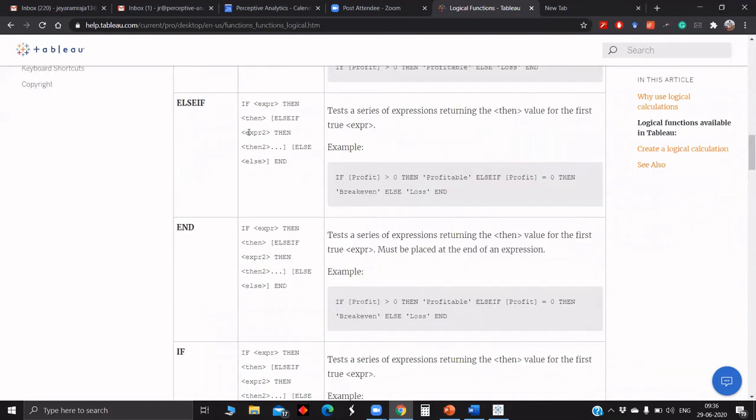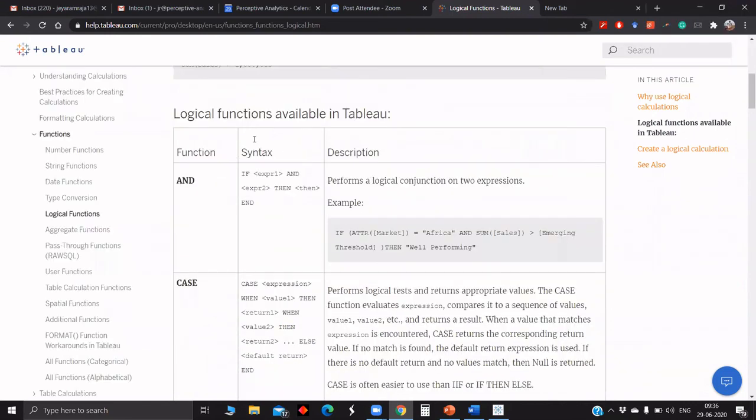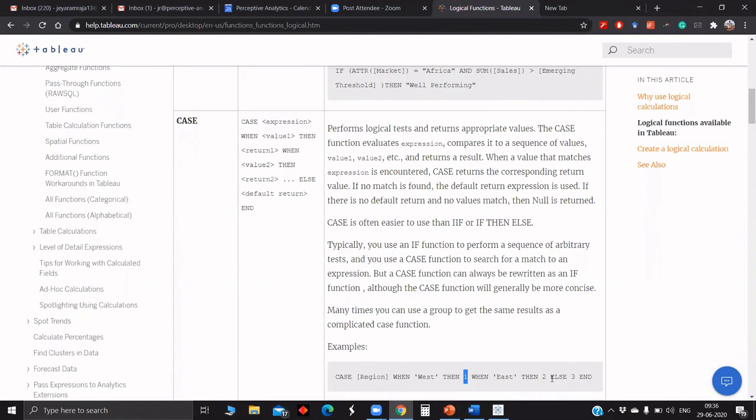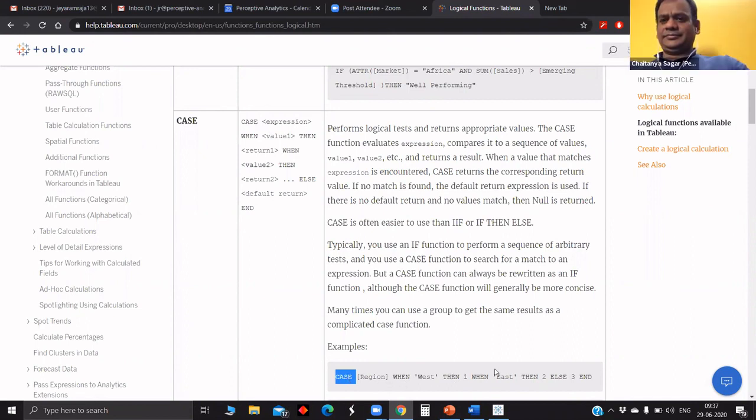Okay. Got it. Then expression is nothing but a field, when it is value 1. Here we may go with the example. So case region, whenever the region is west, it will be replaced by 1. Whenever it is east, then it will be replaced by 2. Whenever it is north and south or null, then it will be replaced with 3. So basically there is no significance of much learning, because we will use when only under the case function. So whenever we use the case function, we will go with the syntax when and then.